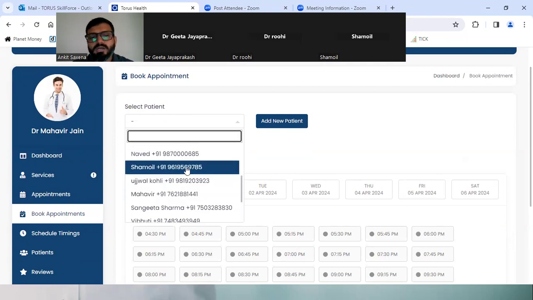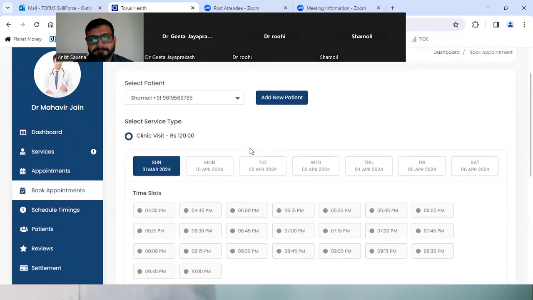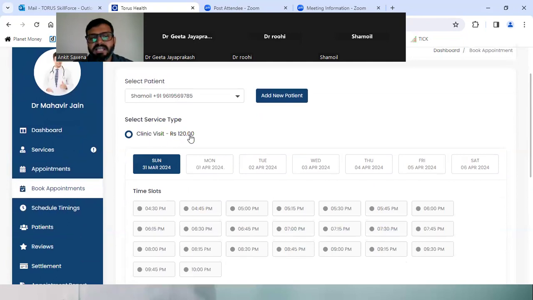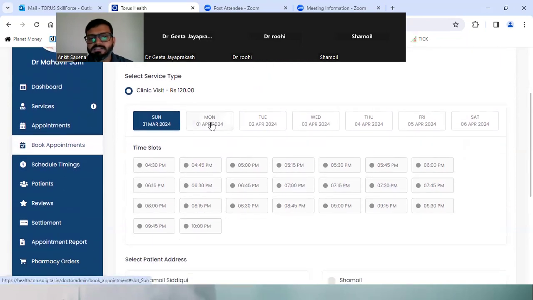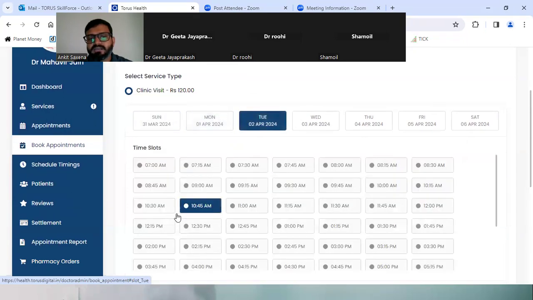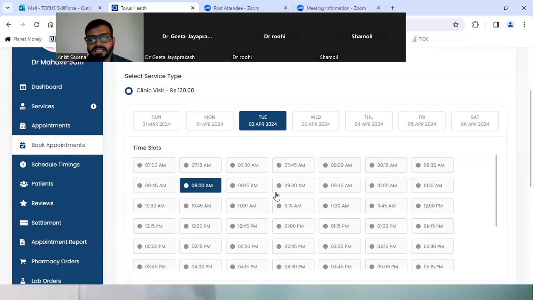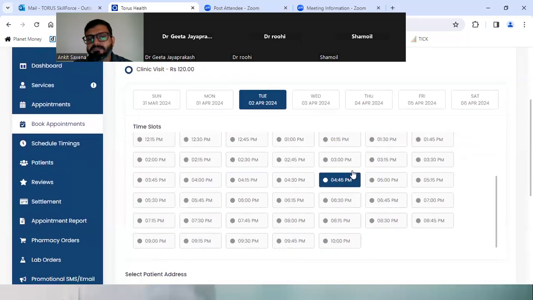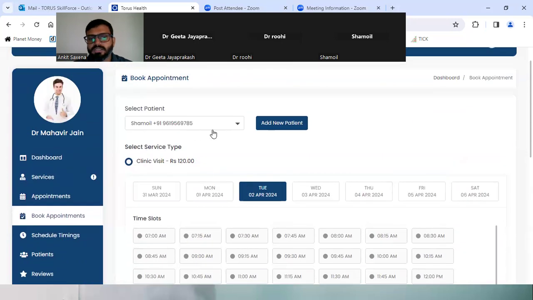So for example, if I want to book another appointment for the same patient, for example Shamoil, I'll select here. Select the service type, which is clinic visit, and you can also select the date: Sunday, Monday, Tuesday. Then there will be the slots, from morning 7 a.m. to 10 p.m., that you can assign to Shamoil.